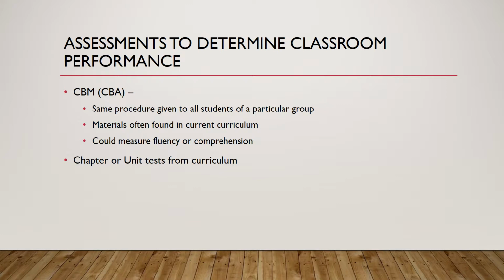And that is simply a 1-minute timing. You have students read a certain grade level of text. You count the miscues as they read, and you subtract them from the total, and that tells you how many words per minute they can read. Then you can look at different fluency benchmarking